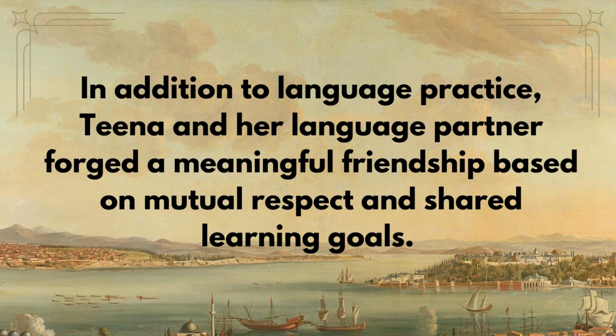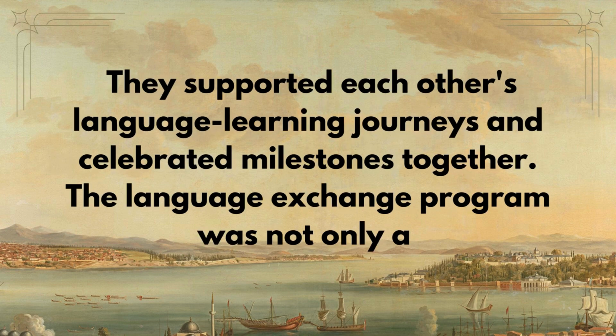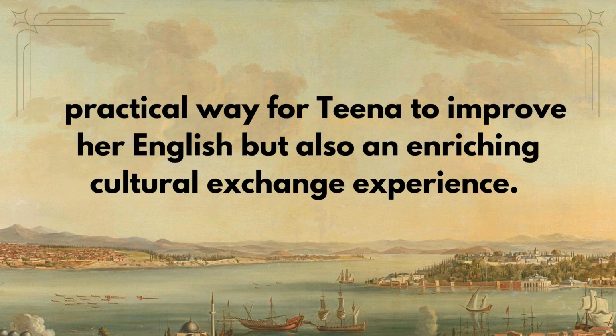In addition to language practice, Tina and her language partner forged a meaningful friendship based on mutual respect and shared learning goals. They supported each other's language learning journeys and celebrated milestones together. The language exchange program was not only a practical way for Tina to improve her English but also an enriching